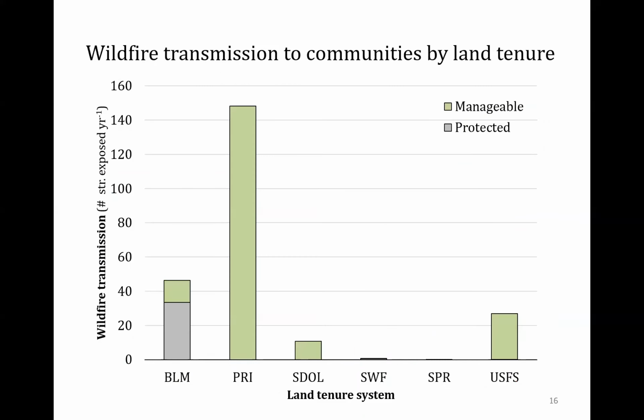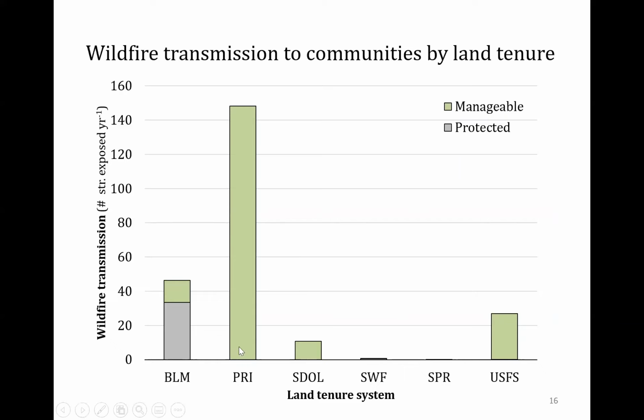And then if we go back to the land tenure system transmission, we finish now with risk. Here I want to share with you a few slides relative to wildfire transmission and how much fire is coming from the different land tenures. Here you see that most fire is coming from private lands, with the U.S. Forest Service contributing about 15%, and it was a really large area, as you will see later in the figure.